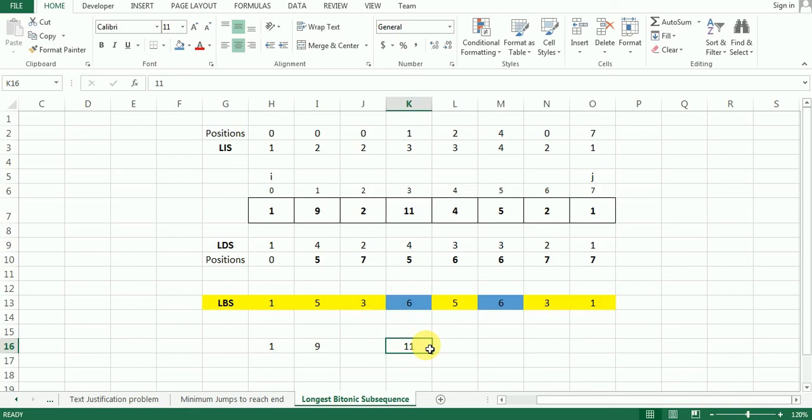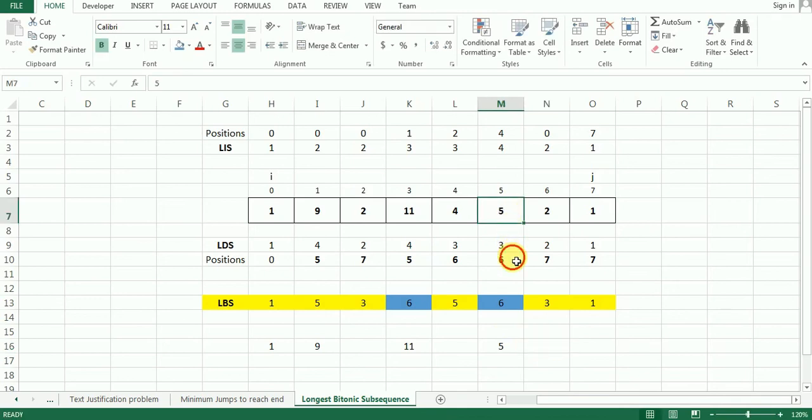Now for the decreasing part, or for the right hand side part, I am going to make use of this particular positions array of LDS. So let's check the address value here. It is 5. What do I have at 5? I have 5. Okay, so I put 5 over here. Cool. At 5, what address do I have?